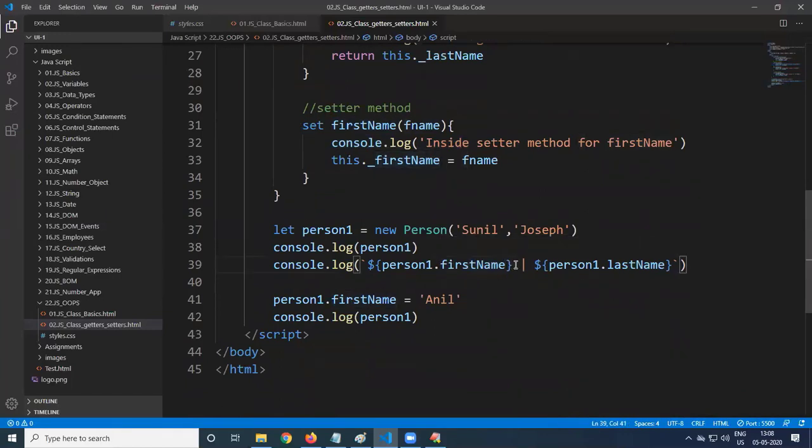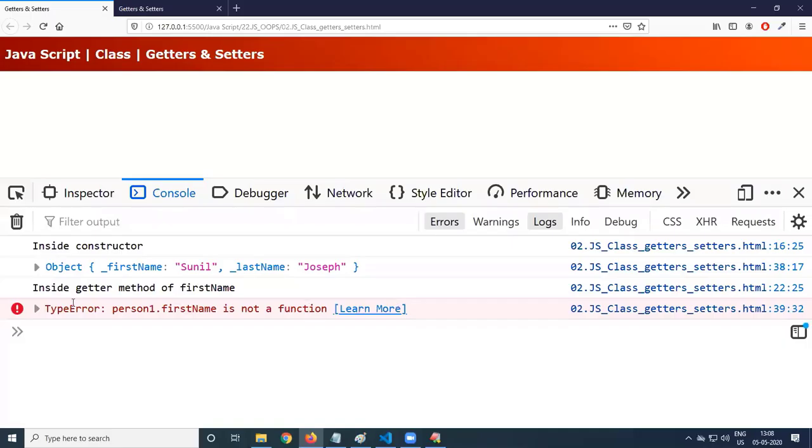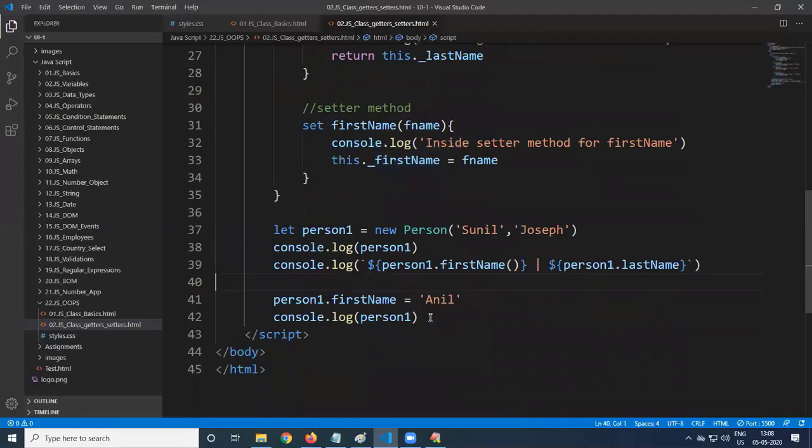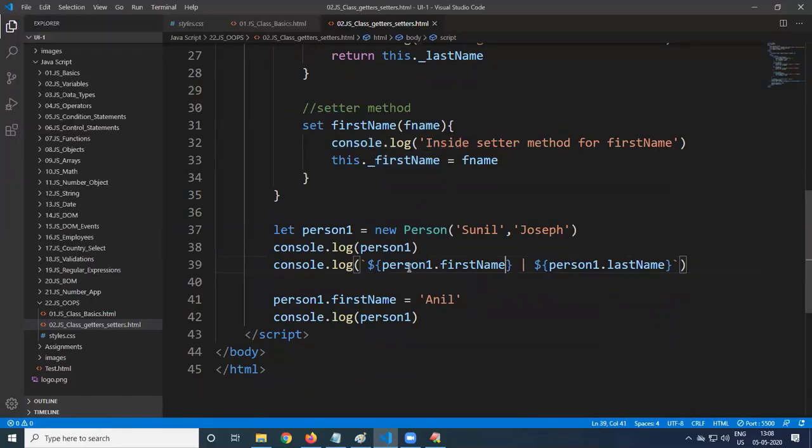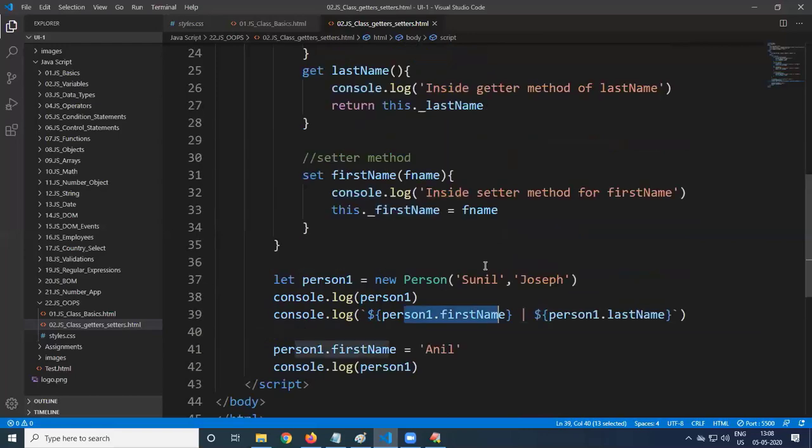Now if I provide it as a function, first name, opening bracket, closing bracket, you see, person1 dot first name is not a function. You cannot access it like that. The getter method will get executed automatically whenever we are accessing a property.